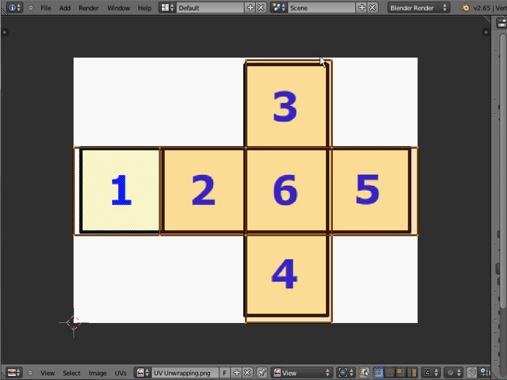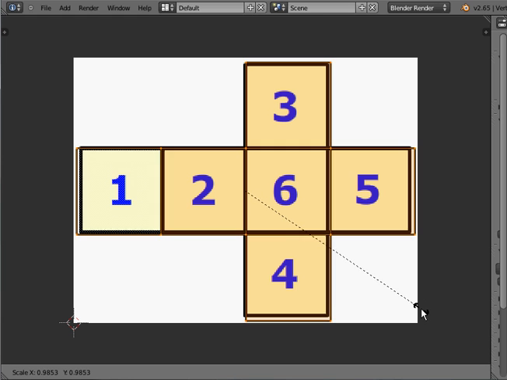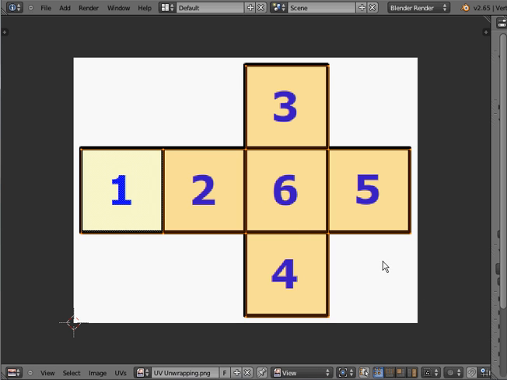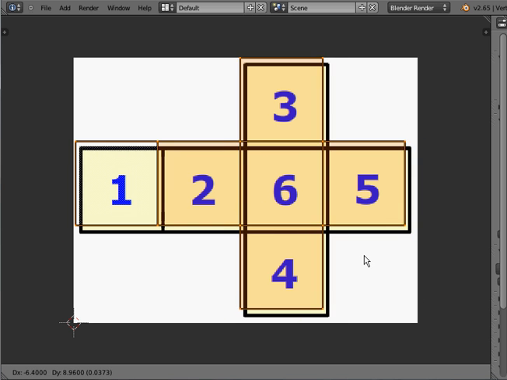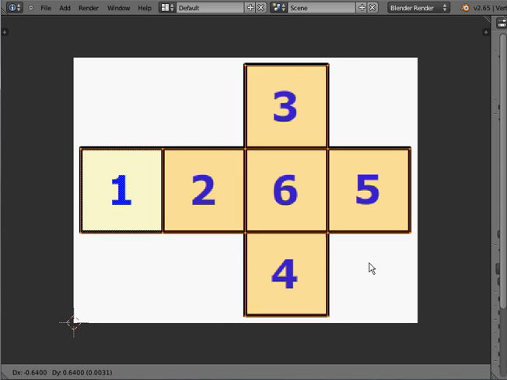So what I need to do is get it to line up a little bit better. So I'm going to use scale to scale it in just a little bit. That's not so bad. And I can use grab to move it about. And remember, you're not actually editing the mesh itself. That's not too bad. And I'm trying to get it to line up as best I can to sort of